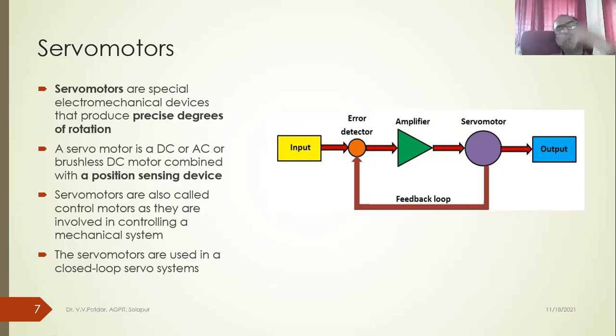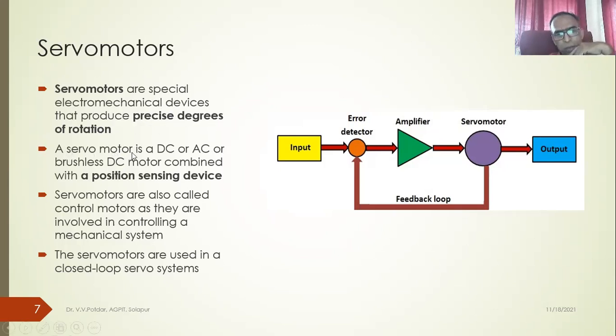in many hydraulic power stations, like Koyna Dam if you go, or any power generation station where you have a hydraulic turbine and want to vary the power output, you'll find usage of such servo motors. So servo motors essentially are position control motors, right? Servo motors are special electromechanical devices that produce precise degrees of rotation.